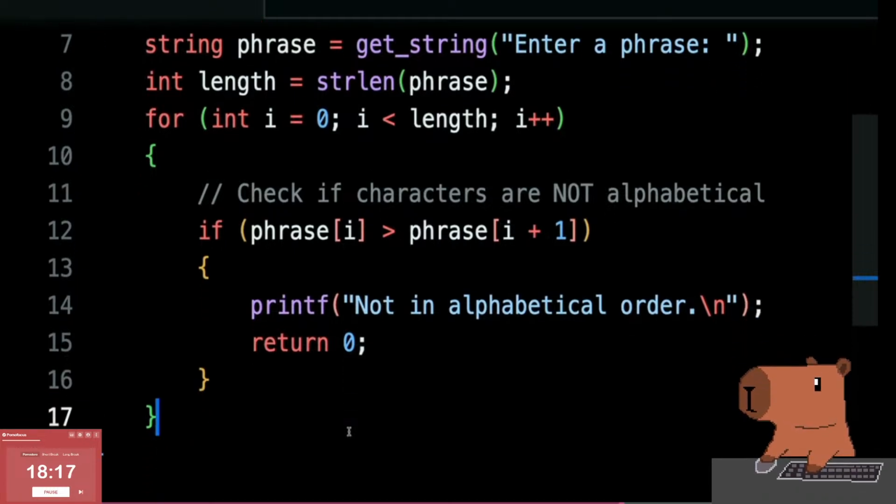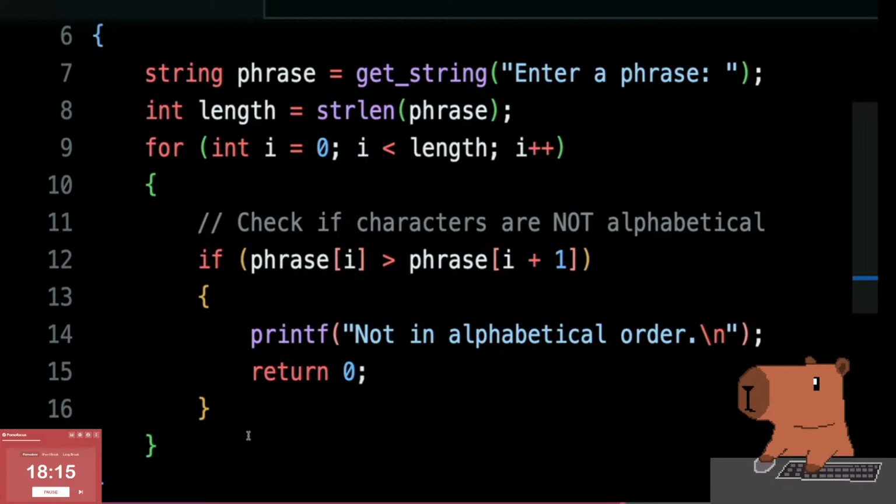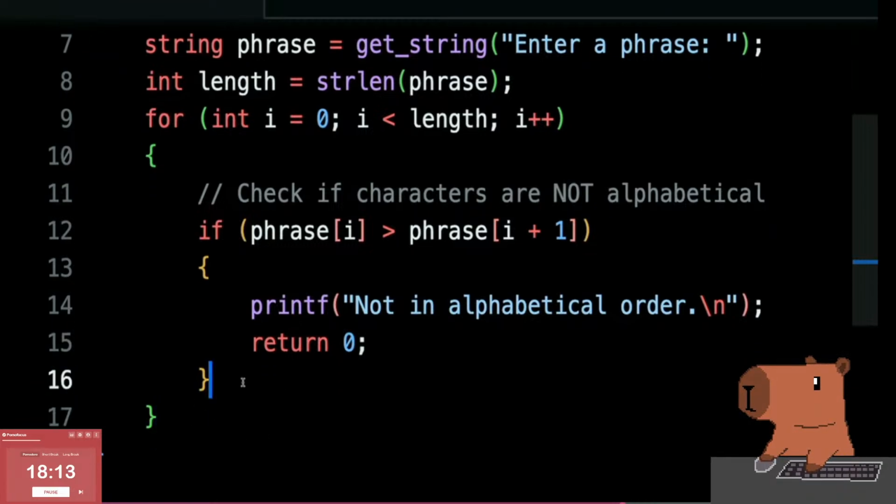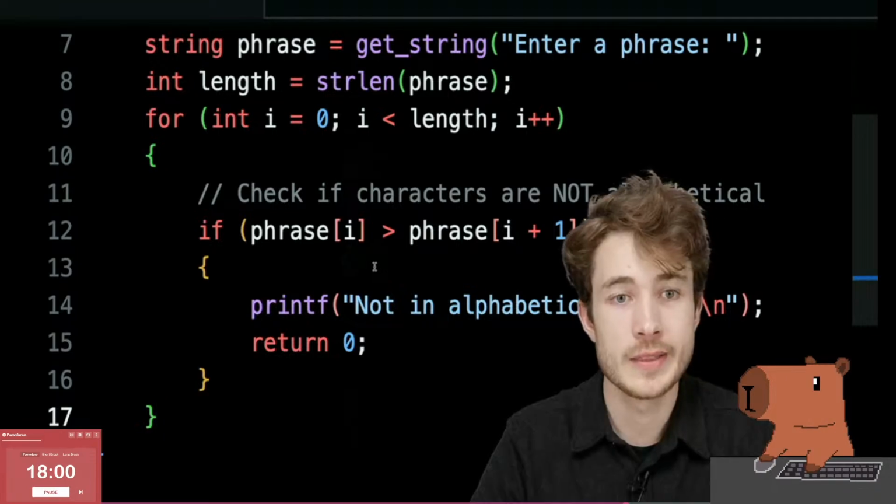So I didn't actually say when these things are in alphabetical order. So maybe that's something to consider here. There's a slightly more subtle bug, though. We need an else, but let's consider what happens